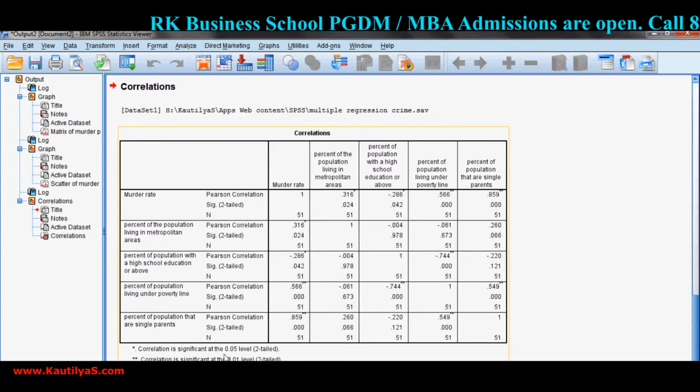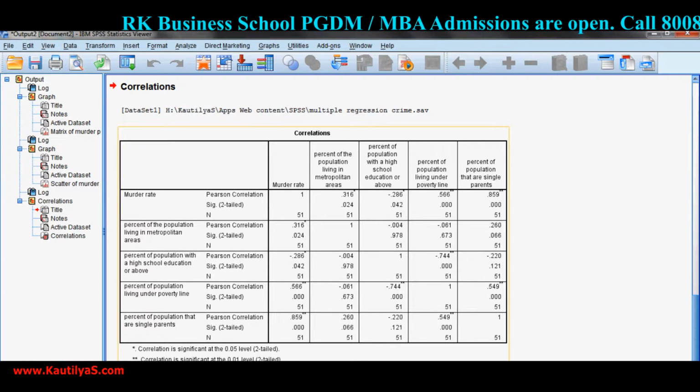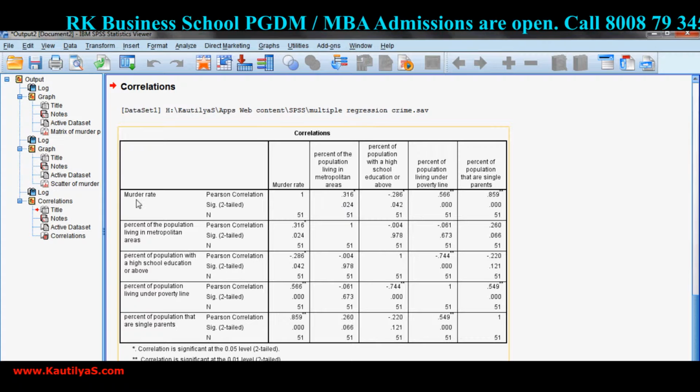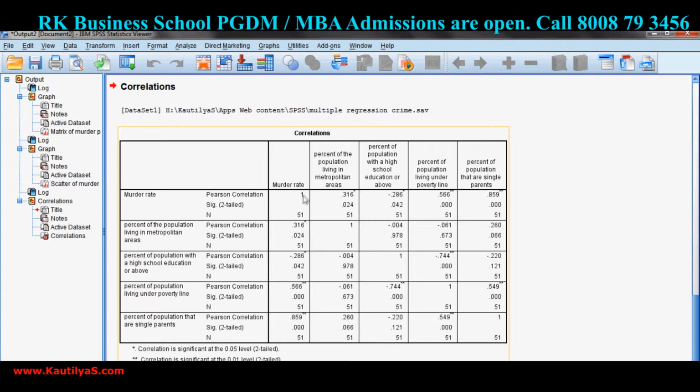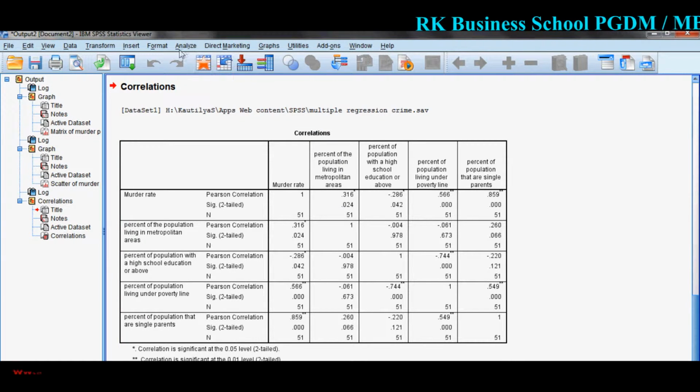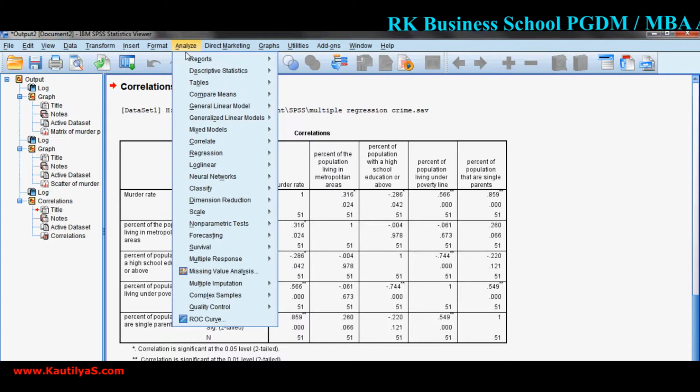It says correlation is significant at the 0.05, that is 5% level, and at the 1% level. Almost all have significant correlations with murder rate: 0.316, 0.286, 0.566, 0.859. So all the variables are linearly related to murder rate. Once you run a correlation analysis and find that there is a linear association between these variables, then we move to regression analysis.